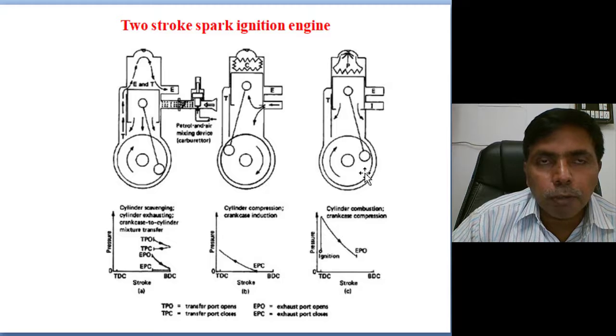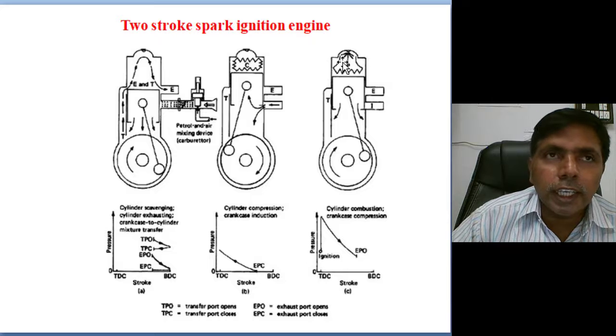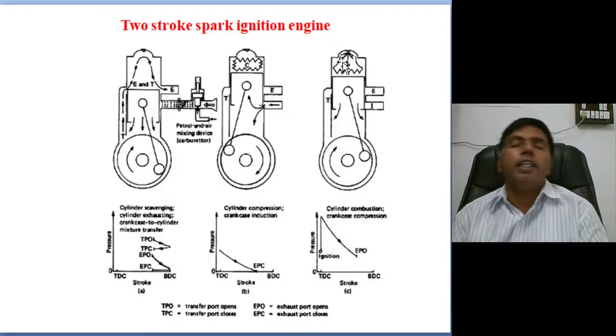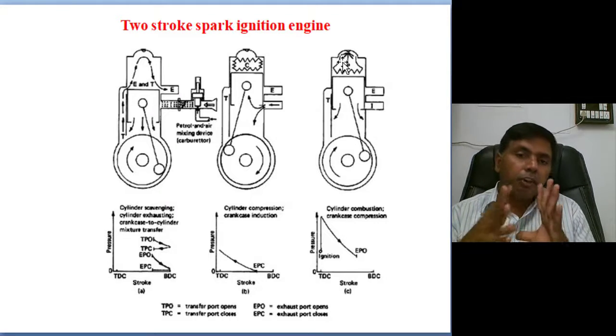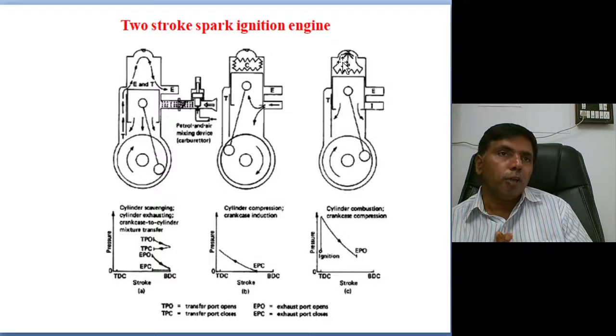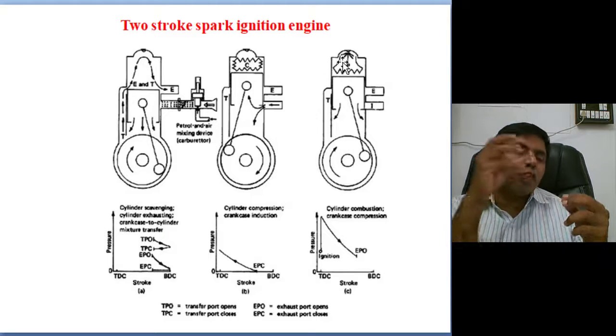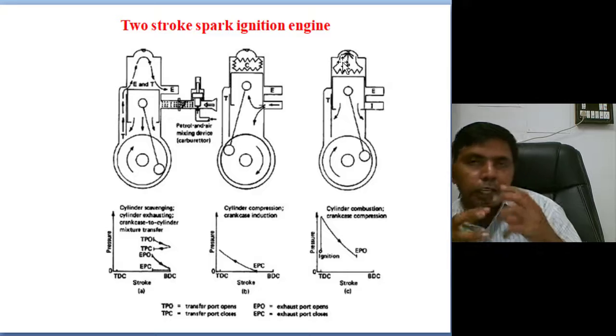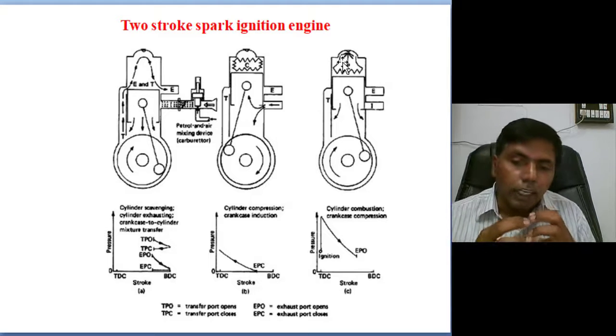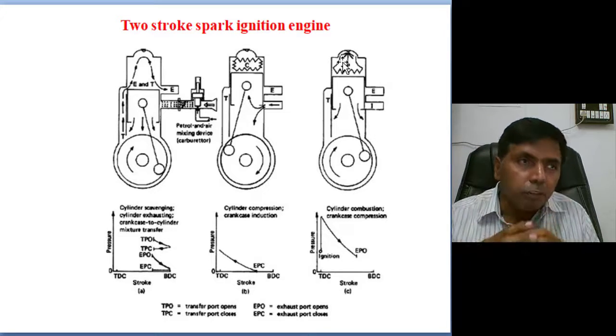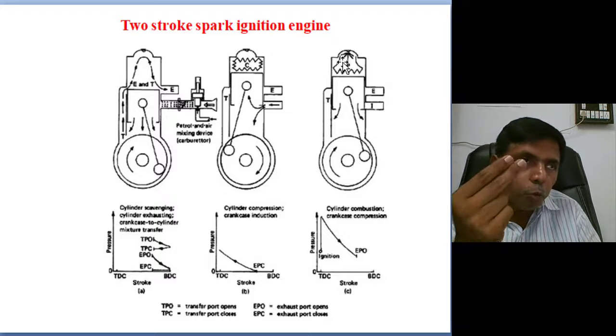Again the piston is moving from BDC to TDC. First it will close the transfer port, next it will close the exhaust port. With further movement, compression of the air fuel mixture will take place. While the piston is moving to TDC, again combustion will take place. Again expansion is coming. So the 5 processes, by using the transfer port and one more semi compression area, we are completing in 2 strokes, 2 movements of the piston.